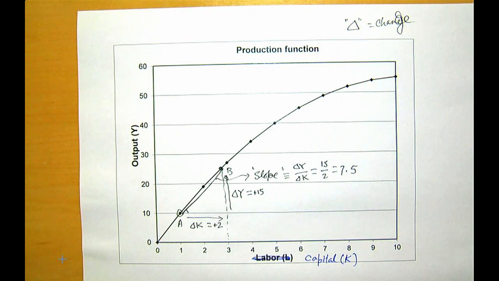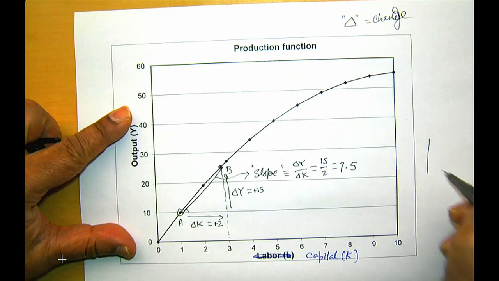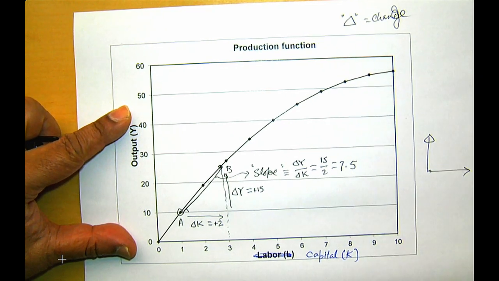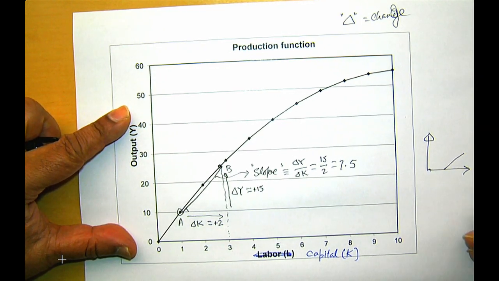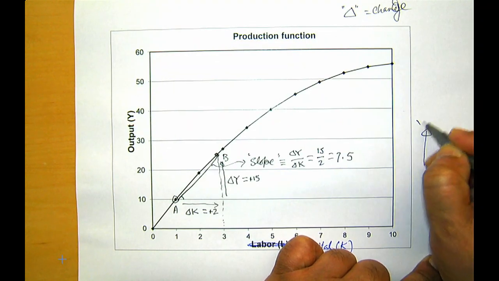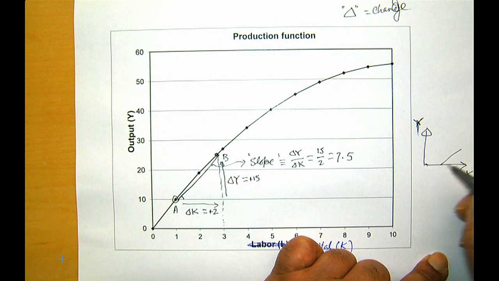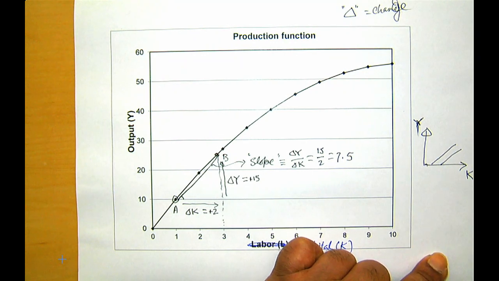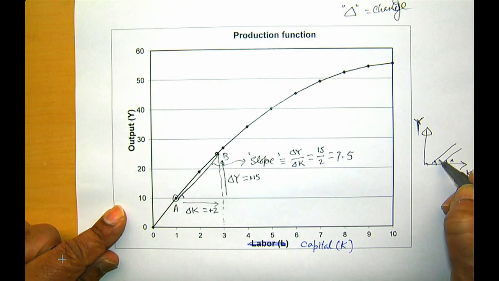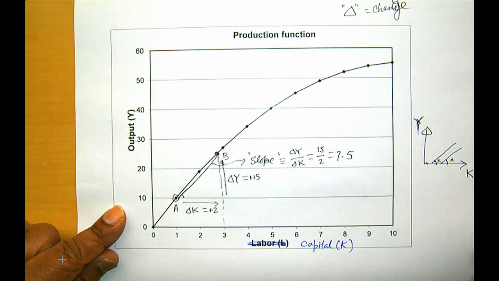Okay, so now I'm going to do something. It's not calculus, but it is as good as calculus, I think. But you tell me. I'm going to say that 2 lines which are parallel make the same angle. Think about these 2 lines. If you have K here and y here, the same axes, one line here and then another line. They are parallel because the angles they make with the axis are the same. If this angle is x and this angle is x, they're the same. So these 2 lines are parallel.